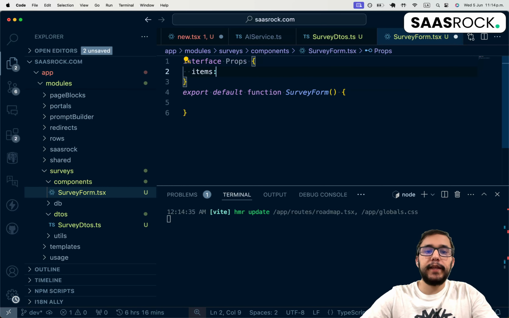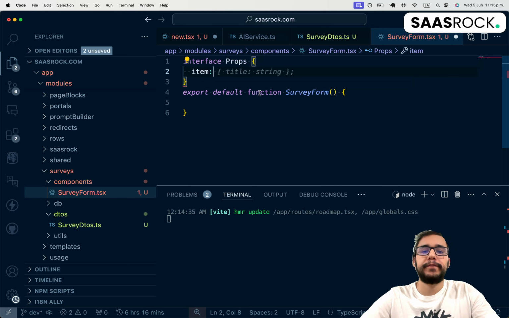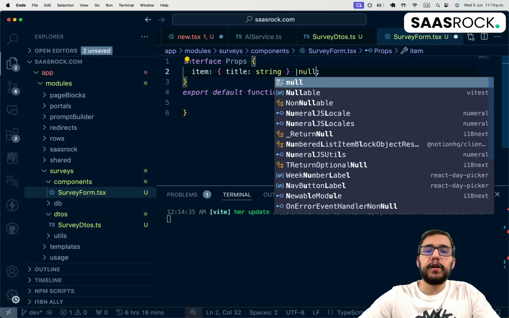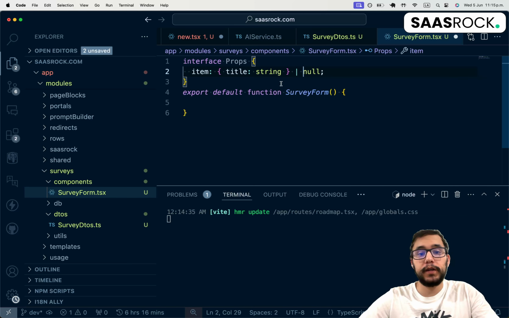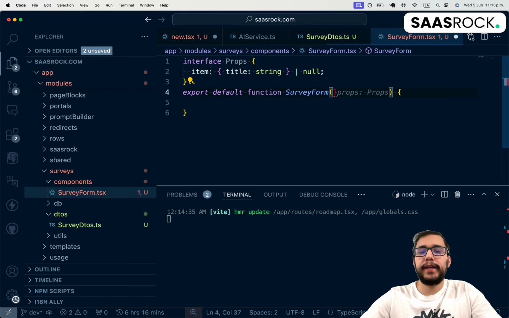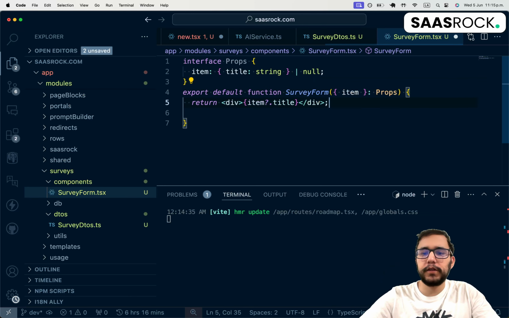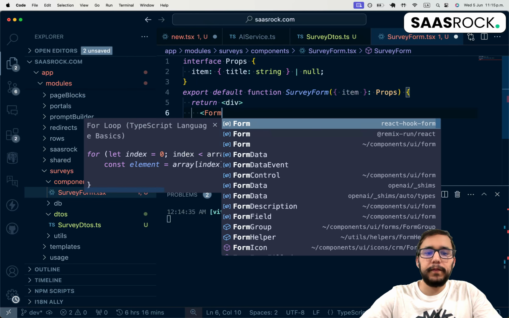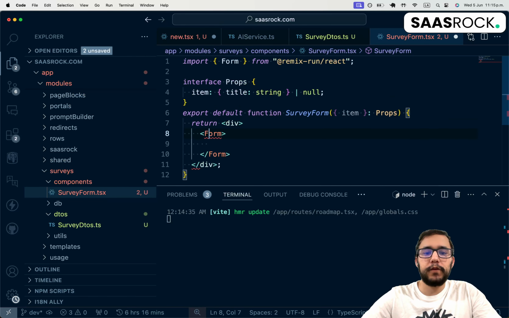component is going to be, it can receive an item with an actual survey or null, and if it's null, it's going to create one. That's how I usually create my forms for creating data. And here I'm actually going to grab a form, remix form with a method post,